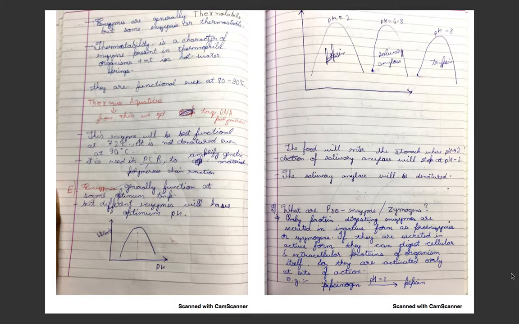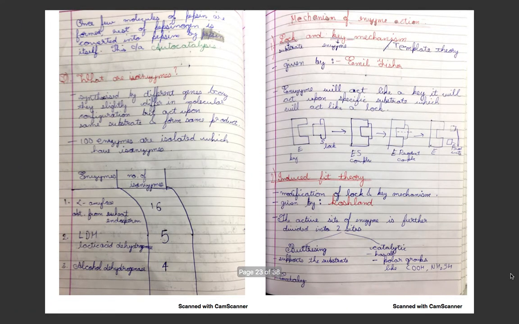Proenzymes. What are proenzymes? The protein digestion enzymes are secreted in the inactive form as proenzymes or zymogens. If they are secreted in active form, they can digest cellular or extracellular proteins of the organism itself. So they are activated only at the site of action. Example: pepsinogen at pH 2 forms pepsin. Now, once a few molecules of pepsin are formed, the rest of the pepsinogen is converted into pepsin by itself. This is called